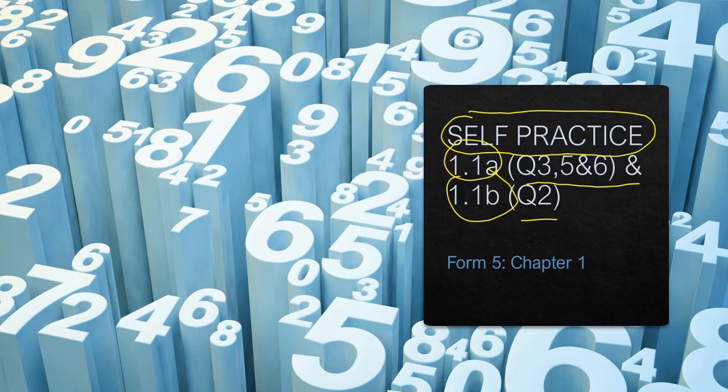Okay, so let's see what I can help you with. Question 3. It is given that P equals 32, Q is 4. Express P in terms of Q if P varies directly as Q cube. So to express P in terms of Q, you have to write P equals K Q cube, and you have to find what your